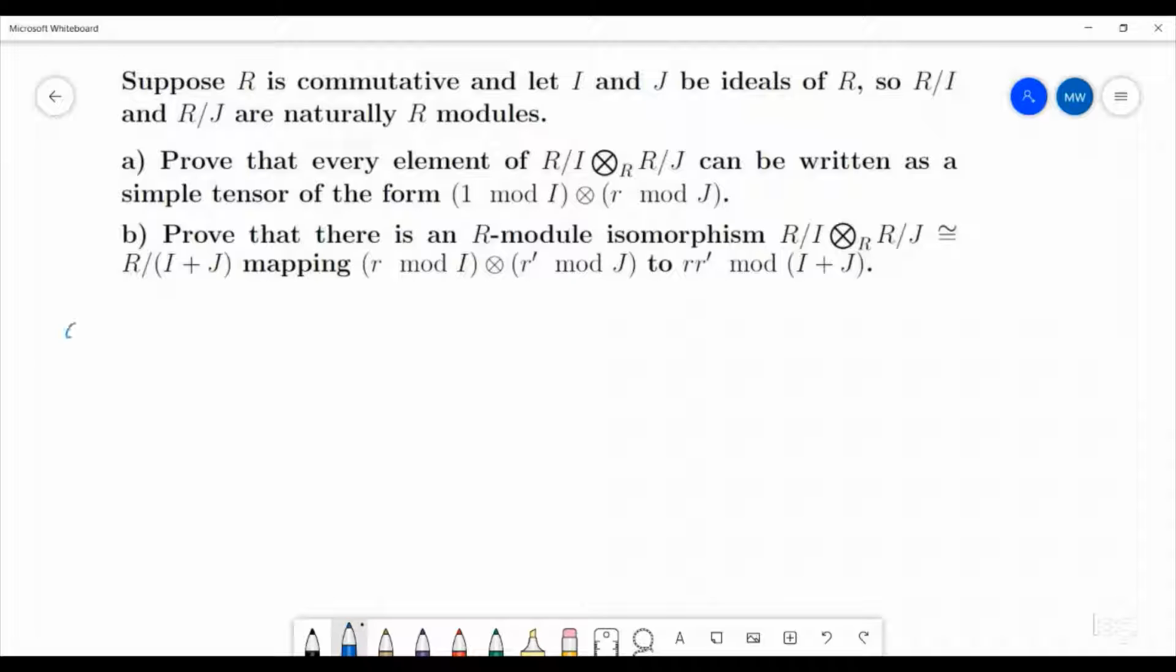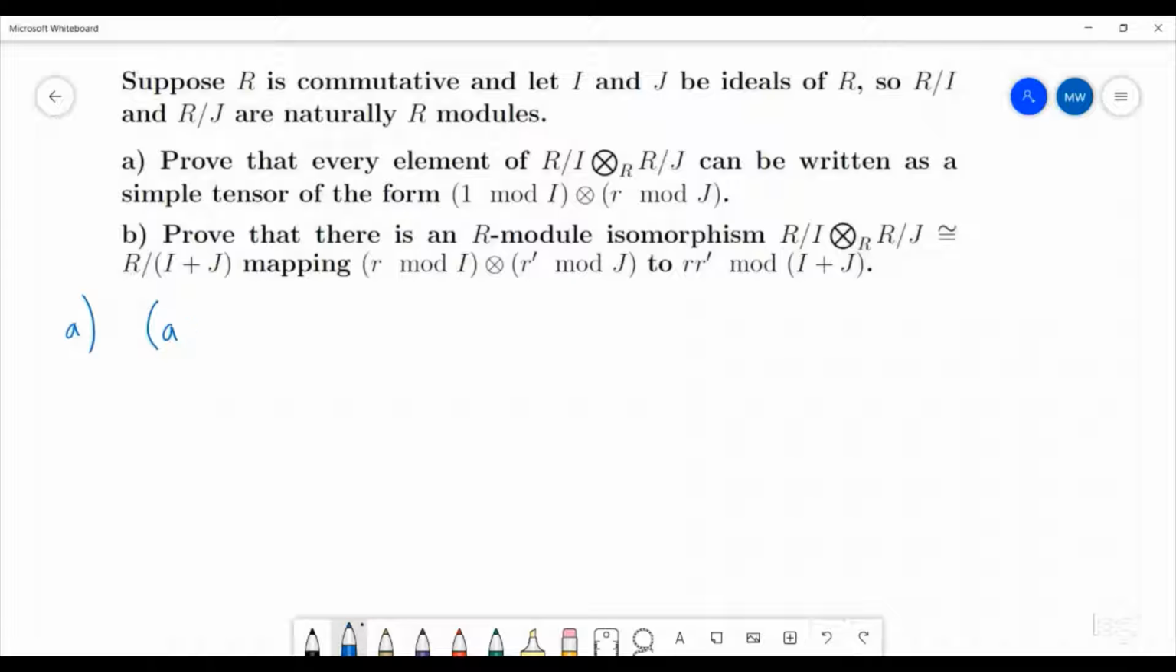Okay, so for part A, prove that every element of R mod I tensor product of R mod J over R can be written as a simple tensor of the form 1 mod I tensor with R mod J. So we are going to show this is true for simple tensors and then show that it works for all tensors. So let's look at A